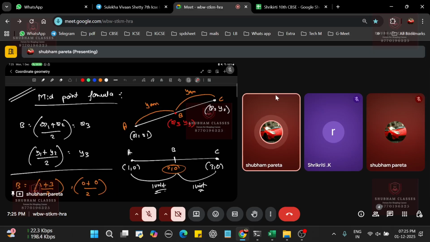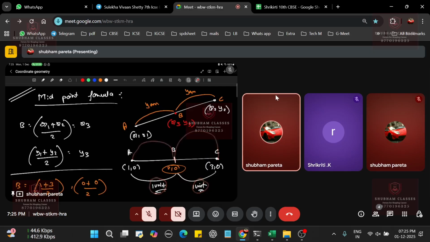Okay, so first of all, come to the midpoint formula. When you are looking for the midpoint, what are the portions that you are getting? For example, I have two coordinates, 1 comma 0 and 3 comma 0, and I have to find the middle point of 1 comma 0 and 3 comma 0. It looks very easy because the distance from 1 to 2 is 1 unit, and from 2 to 3 is also 1 unit. So you can easily say that yes sir, 2 comes between 1 and 3. So that's why 2 comma 0 is the answer, because the distance of 2 comma 0 from 1 comma 0 is 1 unit, and from 3 comma 0 is also 1 unit.